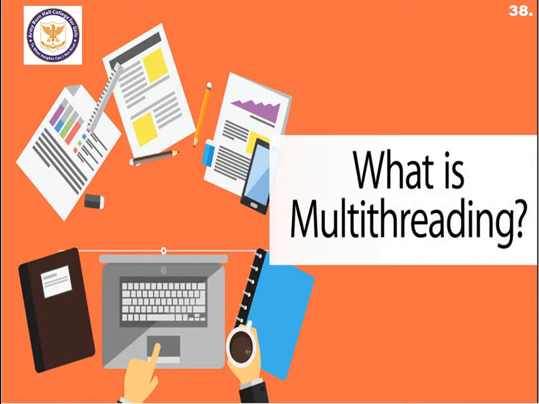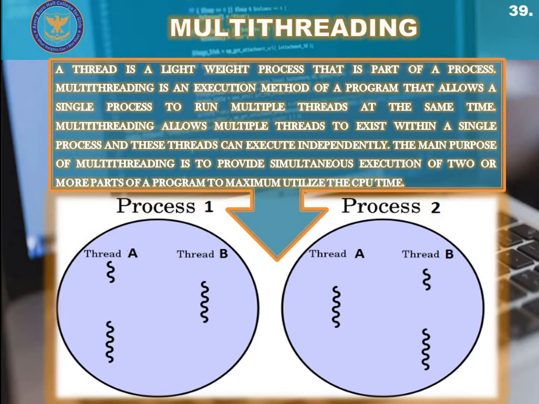As the name indicates, multi-threading has something to do with threads. And you can guess very easily, as we've already said, that a process has threads inside it. A process can have just one thread inside it, and a process can have multiple threads residing inside it too. So a thread is a lightweight process that is part of a process. A thread resides inside a process. A thread is a subpart of a process.